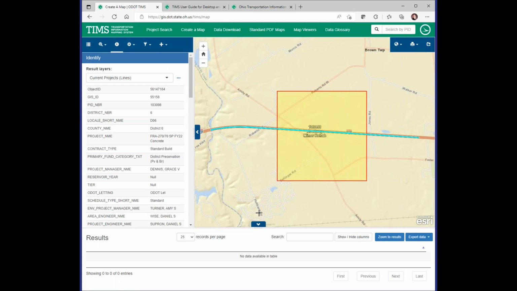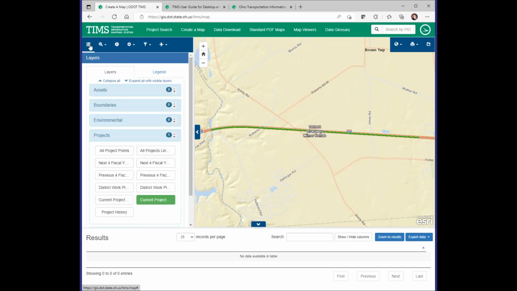So now we are down to a much smaller view on the map, and we can get more information about this section of roadway. And for that, we would go back to our layers list, still looking at the layers within the project category. I'm going to turn off the current projects and turn on the full